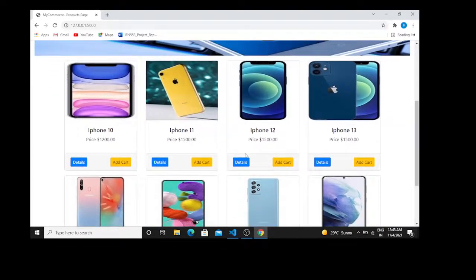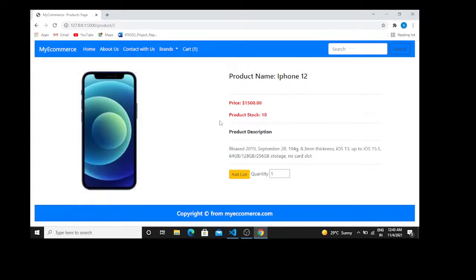And from here they can also see the details of the product, which include price details, product stock, and product description. From here also the user can add the product and it will go directly into the cart section. And from here they can increase the quantity and they can decrease the quantity as well.